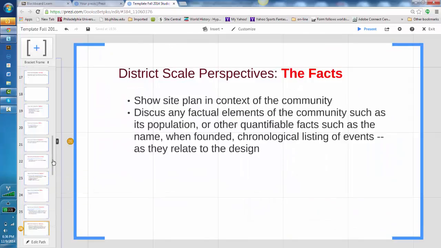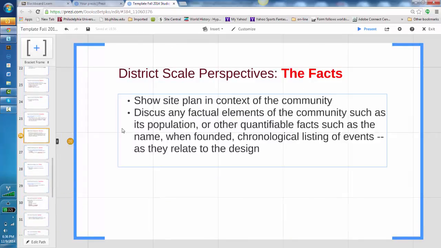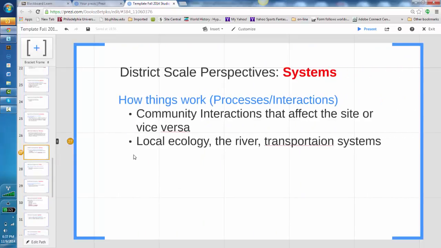At the district scale, and we're using the term district and not neighborhood or community because we're moving to an eco-district model of understanding projects, we want to really understand the site plan and context of the community, any other factual elements of the community such as population, demographics, history, historical facts and figures that might have an influence on the design. At the same time, we want to understand some of the community systems, certainly the transportation systems, another typo there, the local ecology, the impact of the river,